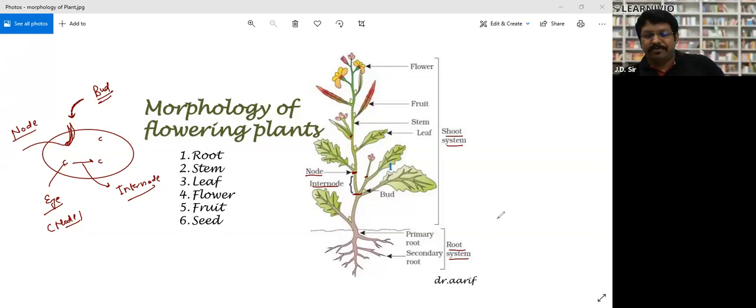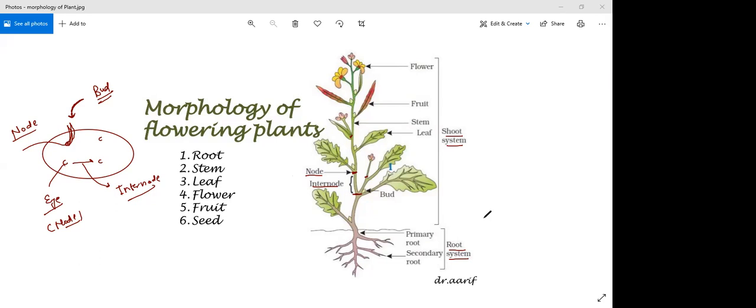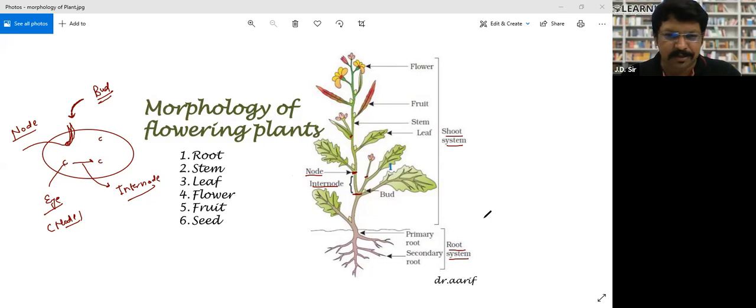So, one more update: first I'll finish this part, right? And before starting root system, I'll take a viva. I will try to cross-check whether you people are studying or not, and how much you are studying. And the viva will be based only on whatever I have taught you, nothing else, right? I'll have 10 to 15 questions, not more than that. Fine. Are you happy with that or not? Samara, happy or not? Not happy? Happy, sir. Okay.